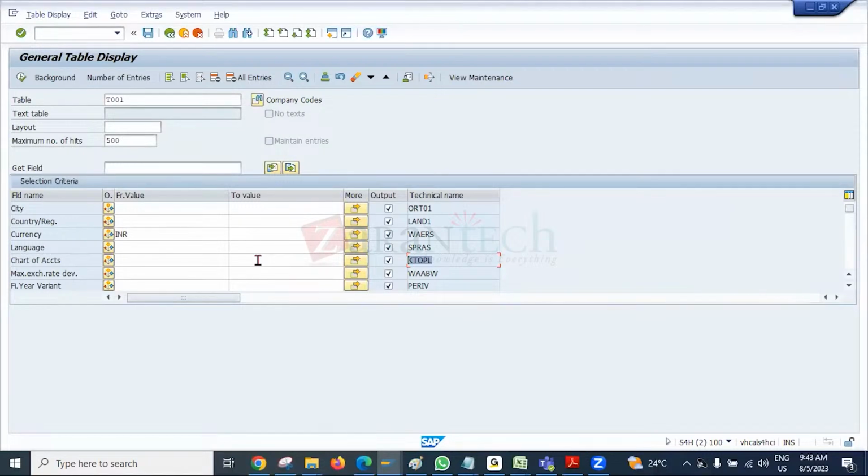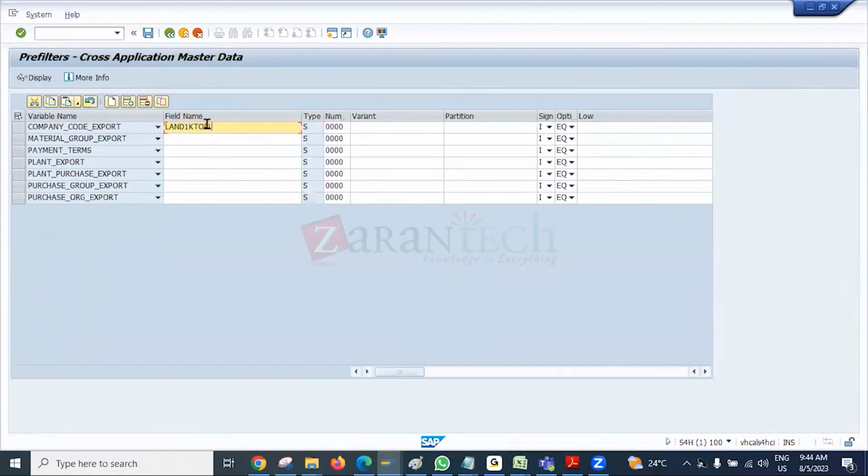We have to basically decide, we have to correlate. Based on that, we can copy this field name, chart of account, and paste it here like this. The benefit of this is whatever entries you are going to maintain, let's say our customer said